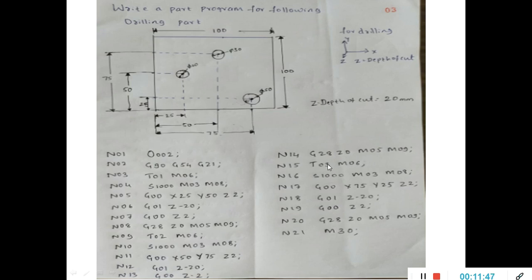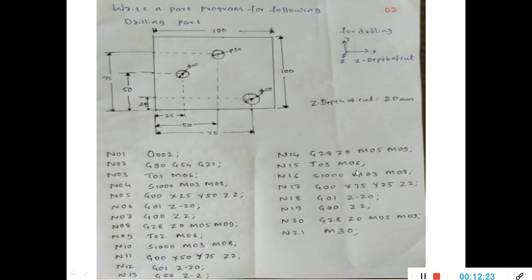Okay. Then T03, third tool or third drill bit for the diameter of 50 mm. T03, M06. From the automatic tool changer, the tool number 3 has been taken into the spindle with the code T03, M06. Again you have to specify the speed, 1000 rpm. I have just written 1000 here. If it is drilling, reaming, boring, or tapping, then this speed is going to change. Okay, remember.